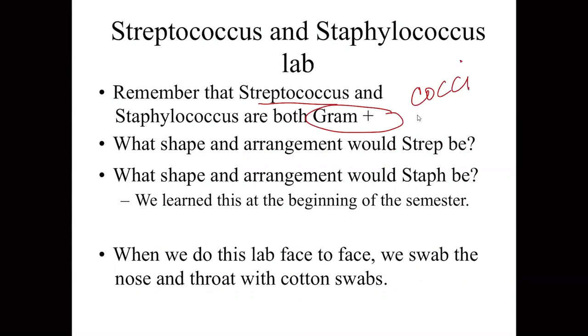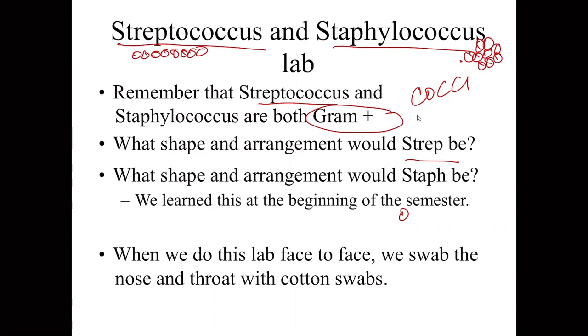So what shape and arrangement would Strep be? So I want you to think about that. Okay, so it would be streptococcus, right? So strepto is in chains and cocci are the round ones. Okay, and then staph will be clumps, right? Or clusters, and they're cocci. So it makes sense. Okay, now when we do this lab face to face, usually we do a throat and